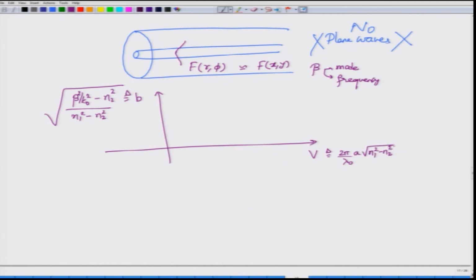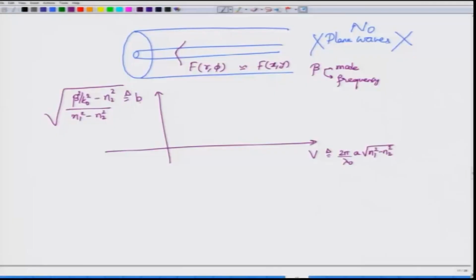If n1 and n2 are constants with respect to frequency, which of course you know that they cannot be, because the refractive index of the fused silica n1, although we have taken it to be constant, is constant only for a given wavelength or given frequency of operation. If I change one or the other, then I know that n itself will change because of the material dispersion. But for the moment, if you ignore that complication, then what you will see is that this B with respect